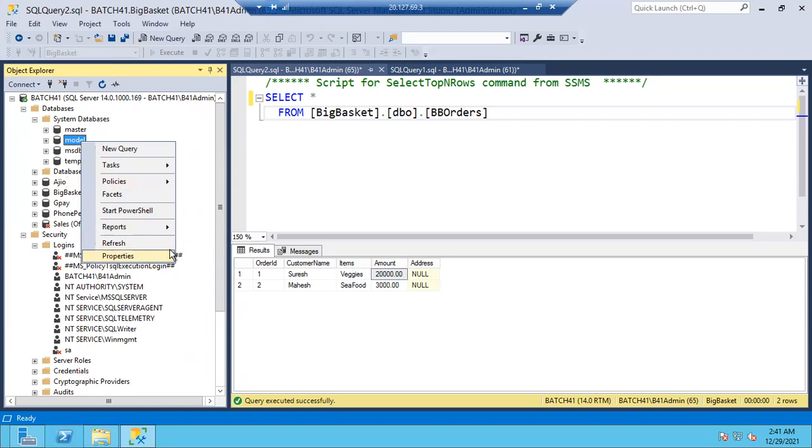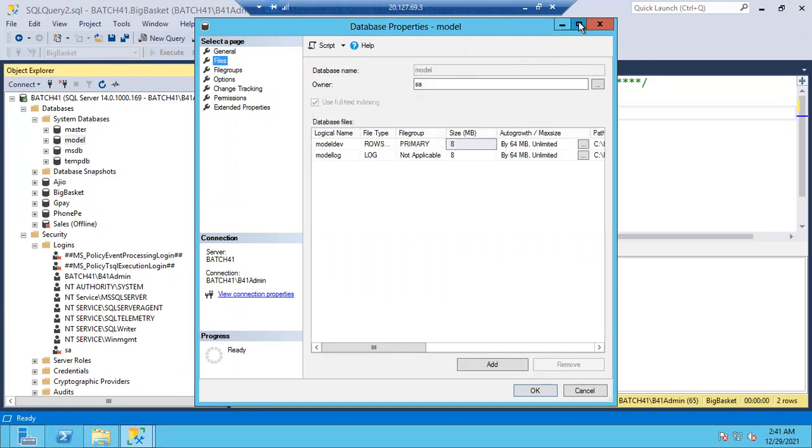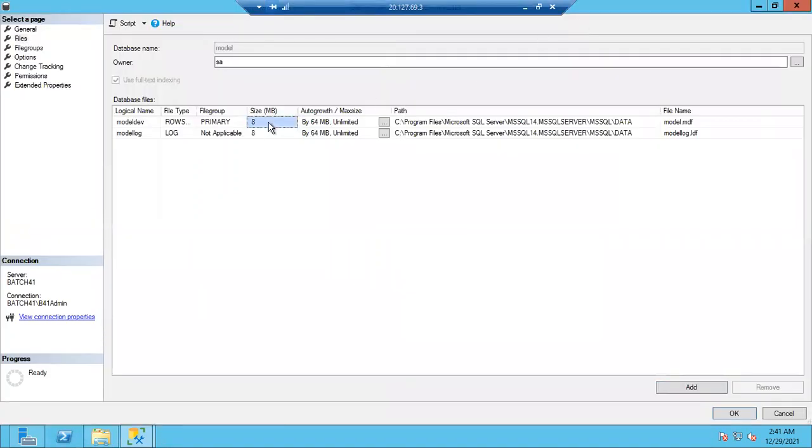Go to the properties. Earlier you saw the data file size is 8 MB and the log file size is 8 MB, right? From this only you got that value. So let me change it to 81 MB, just for curiosity. I'm changing this to 60 MB.